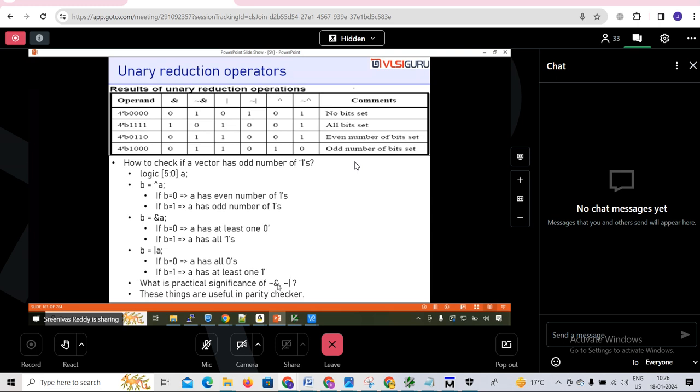What is the practical significance of reduction NAND and reduction NOR? Can you tell me? If reduction NAND,